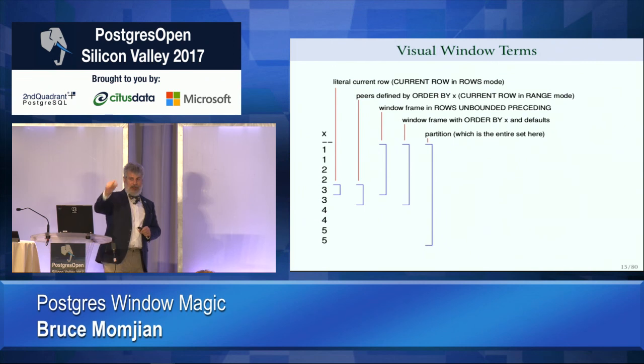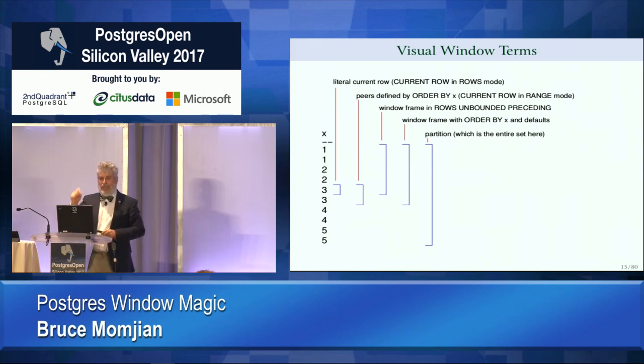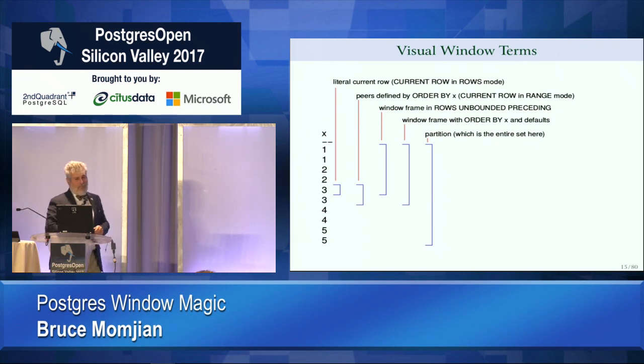So this is literally the current row, and the way you'd specify that is current row in rows mode is effectively the current row. Okay? And again, this is not going to make a whole lot of sense. I guarantee it will. Second one, that would be a current row in order by mode, where you're using an order by X, and you're effectively using range mode. That is actually a bracket that contains the current row and all the other rows that have matching order by values. Kind of makes sense. I'll show you a lot of examples in a minute.